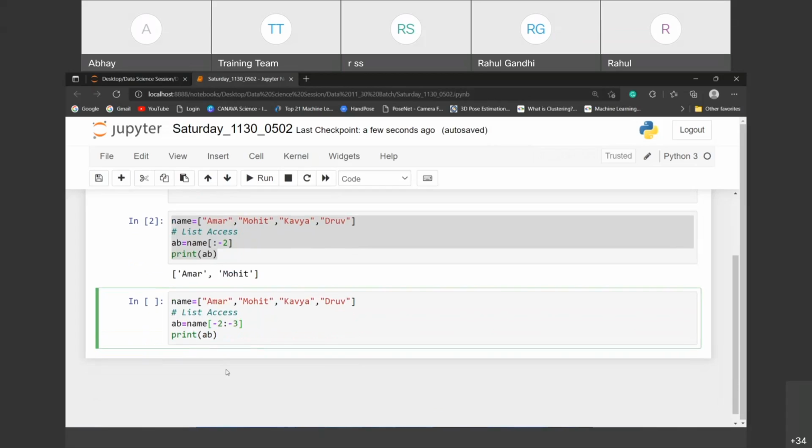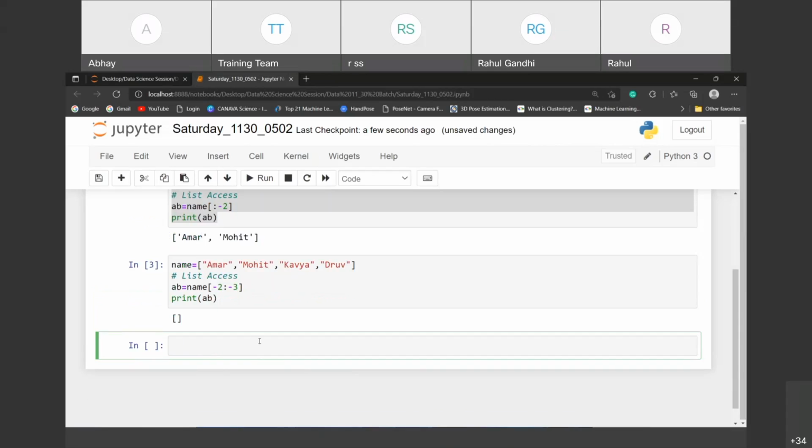Many answers are like nothing. Someone says Kavya. See guys, can we get that answer? Because -2 is Kavya, so -3 is over. It crosses over the value Kavya. If you cross over the value, yes, overlapping, so definitely it is getting blank.